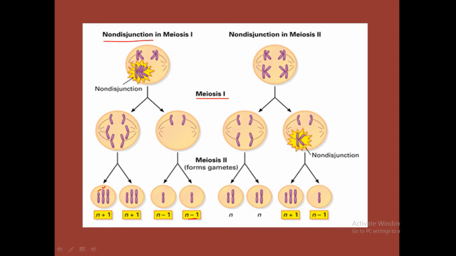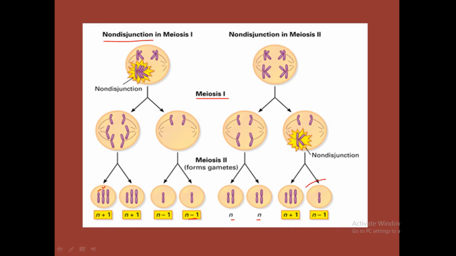and here also we get n minus 1. Now if this non-disjunction happens in meiosis 2, that is, the chromatids are unable to separate in meiosis 2, then we get two normal gametes and two abnormal gametes, that is n plus 1 and n minus 1. Now what happens if these gametes take part in fertilization, these gametes mate with the sperm,